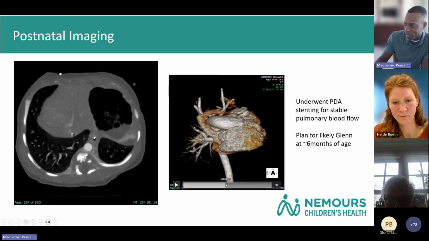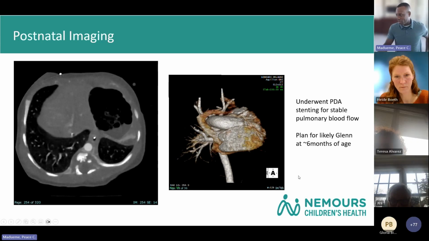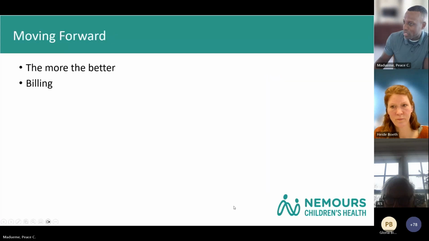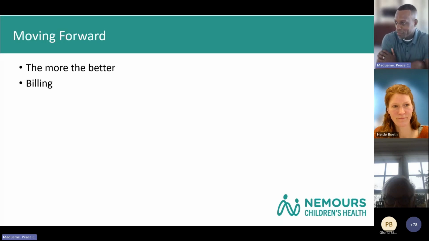So echo scanning postnatal for this baby was remarkably creative for our sonographers. So moving forward, the more scans that we can do, the better. I do want to do dedicated fetal cardiac MRI scans, not on the back end of fetal MRI scans, just from a length of study. And then obviously in the US, I'm not sure how it is in Europe, but in the US, billing is an issue. I'm not aware that we're billing yet for fetal cardiac MRI specifically. I'd be interested to hear from other folks in the US if they're able to. But once that happens, I think it will explode with respect to getting these studies.